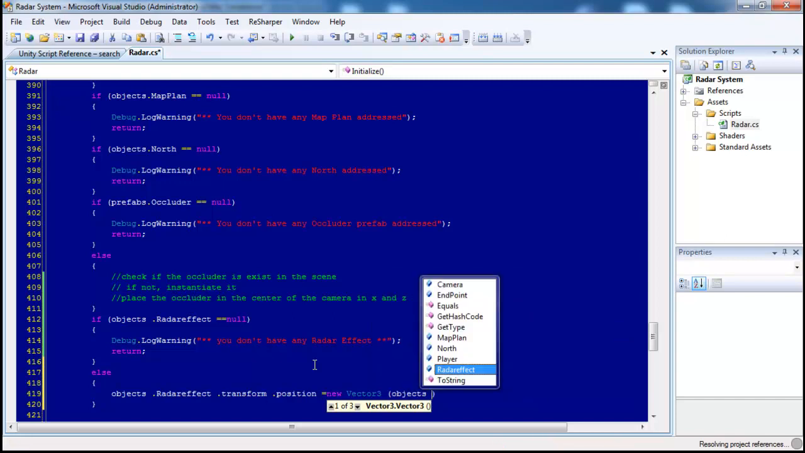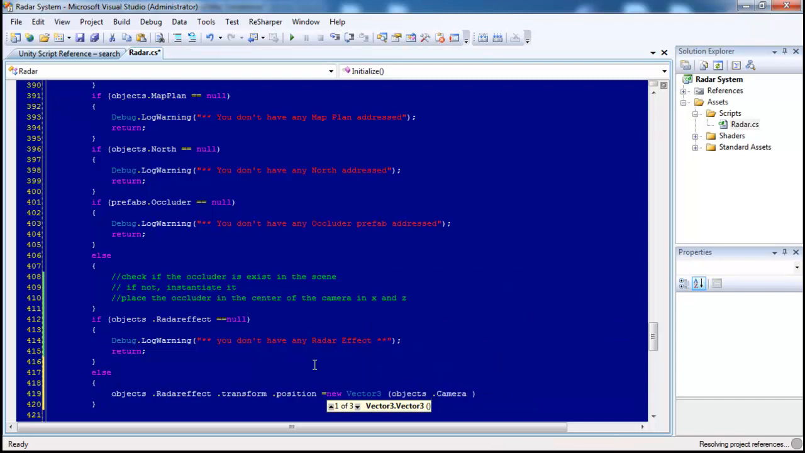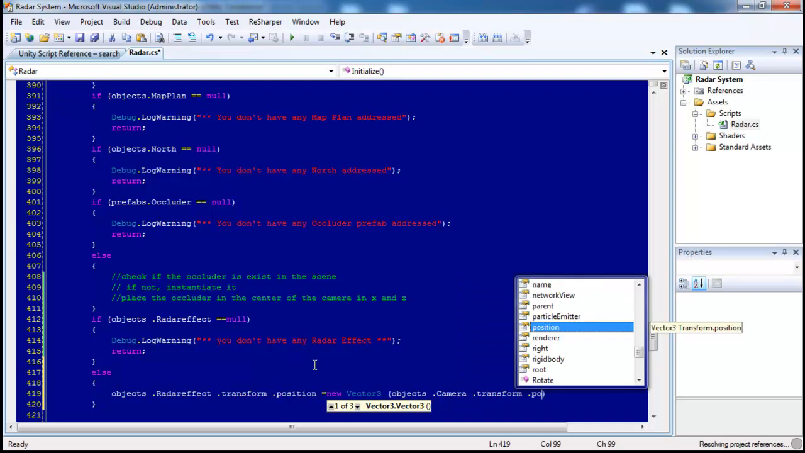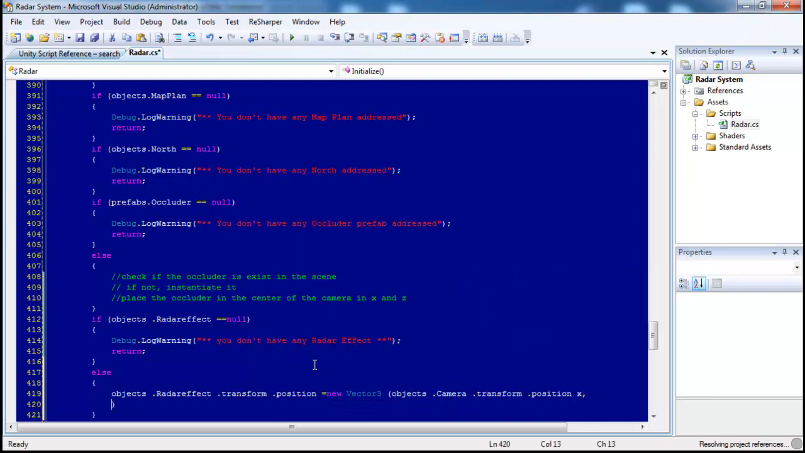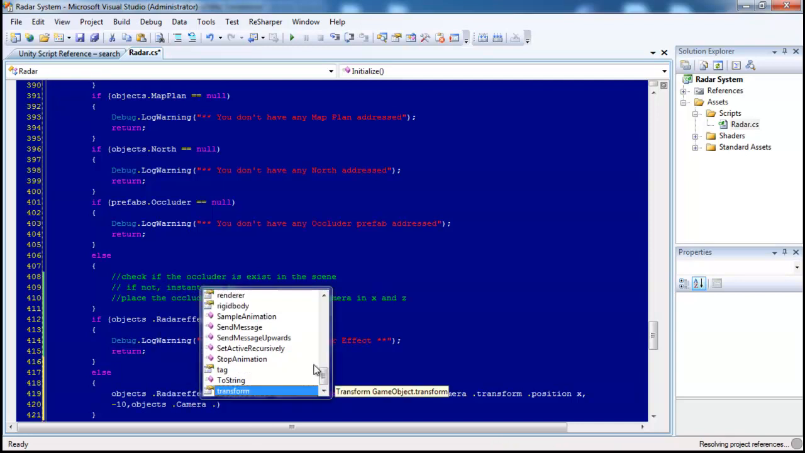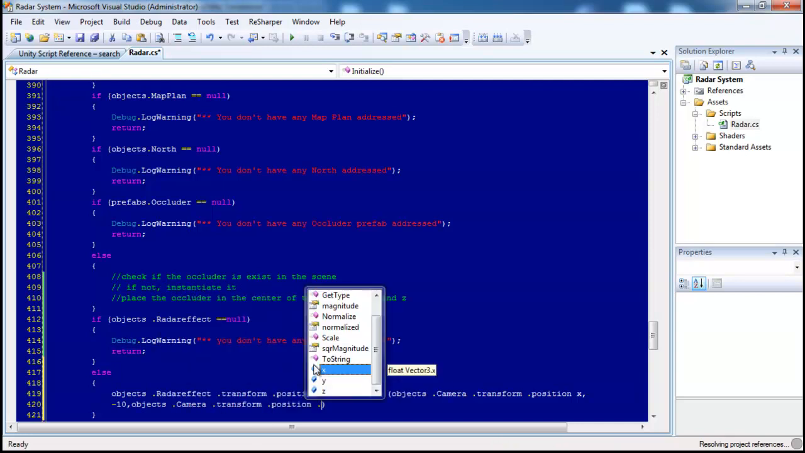Objects.camera.transform.position.x, comma. Now the y component will be hard coded. It will be -10, comma, objects.camera.transform.position.z. Okay,